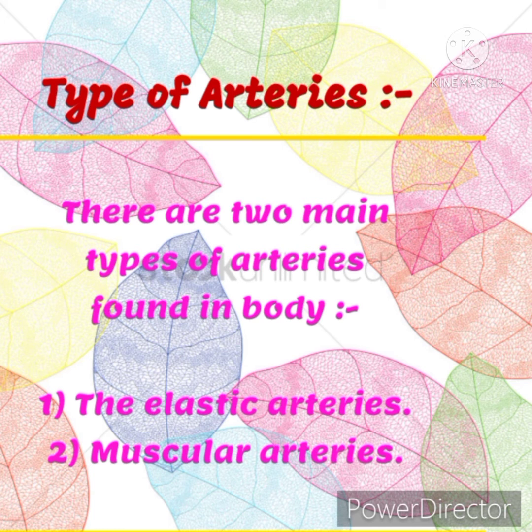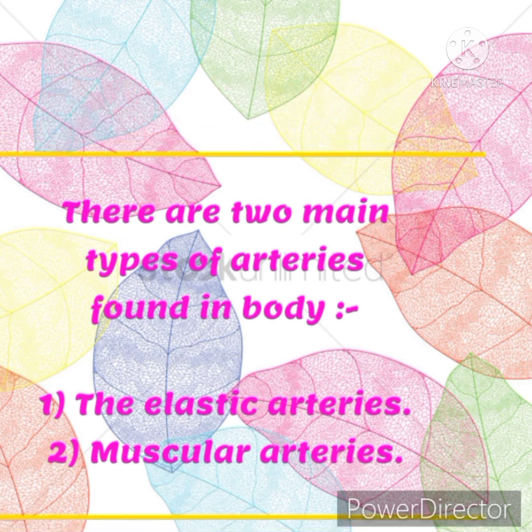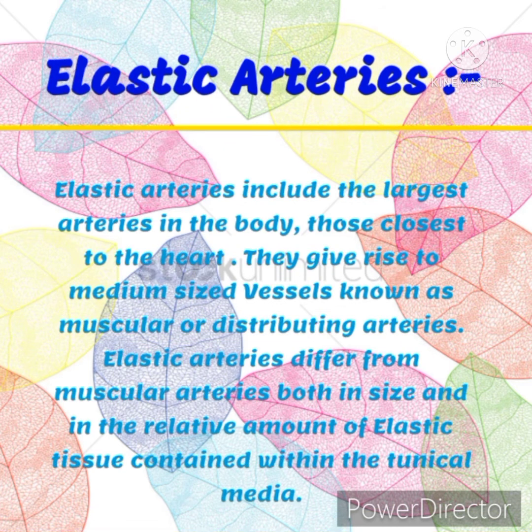There are two main types of arteries found in the body. The first one is the elastic arteries, and the second one is the muscular arteries. We can see them one by one. First one is the elastic artery. Elastic arteries include the largest arteries in the body, those closest to the heart. The pulmonary artery,